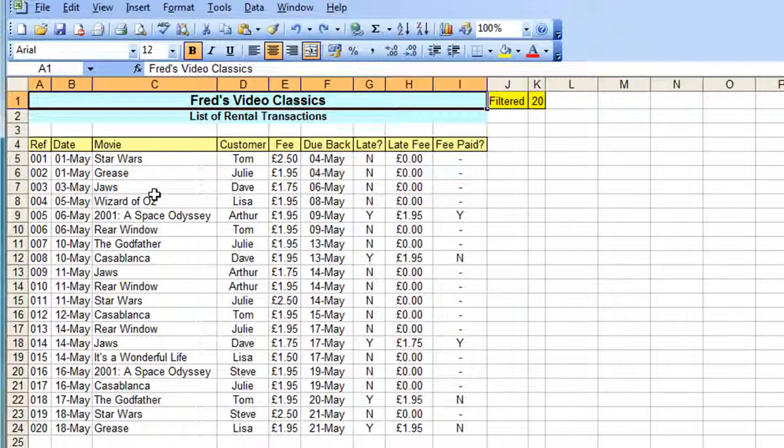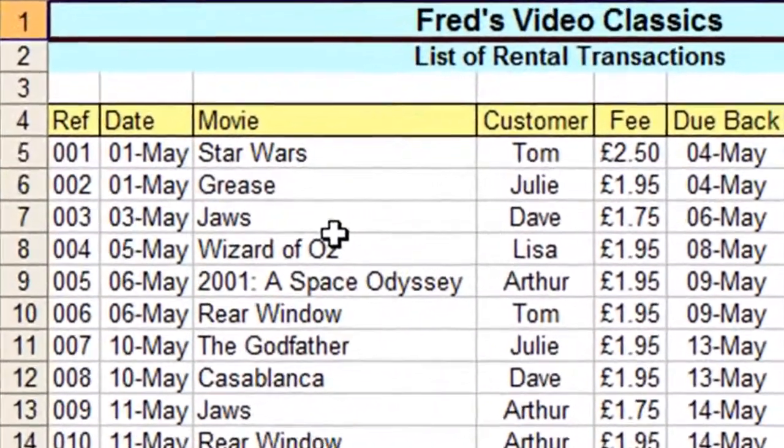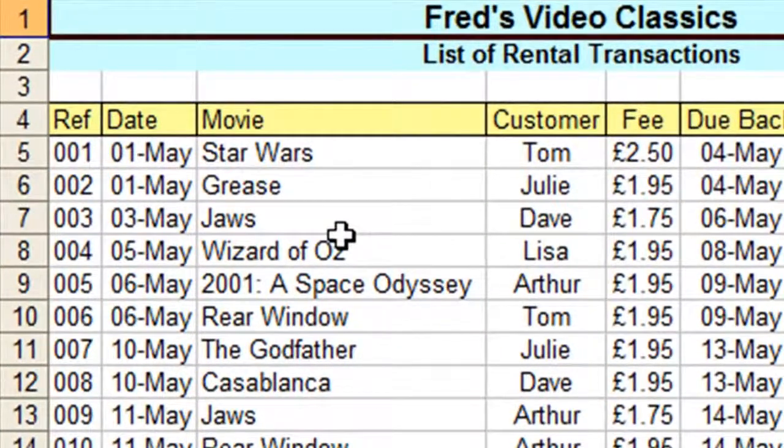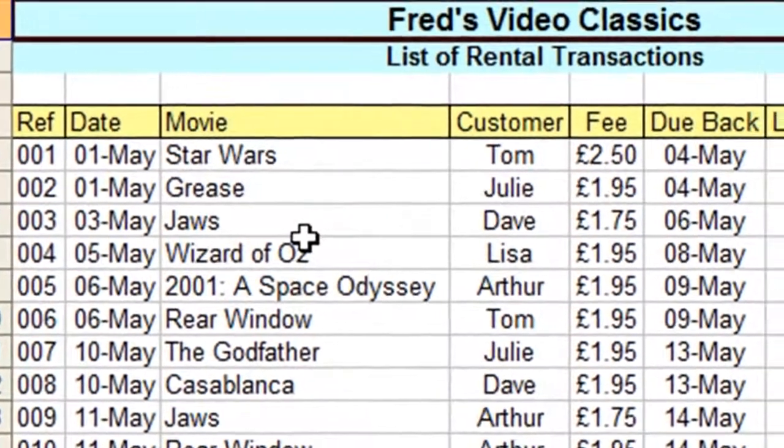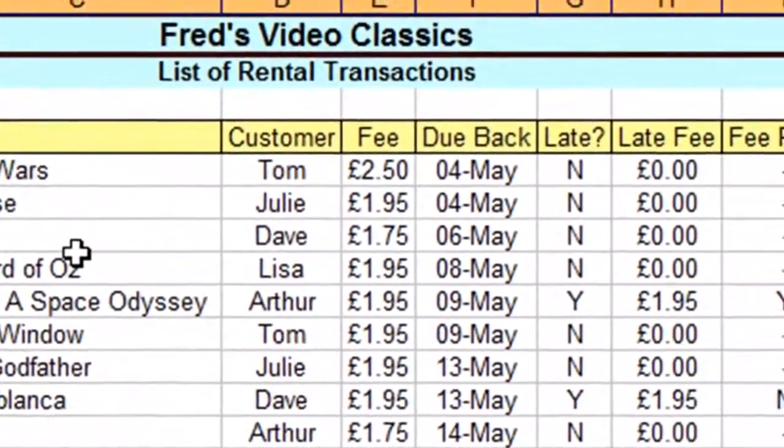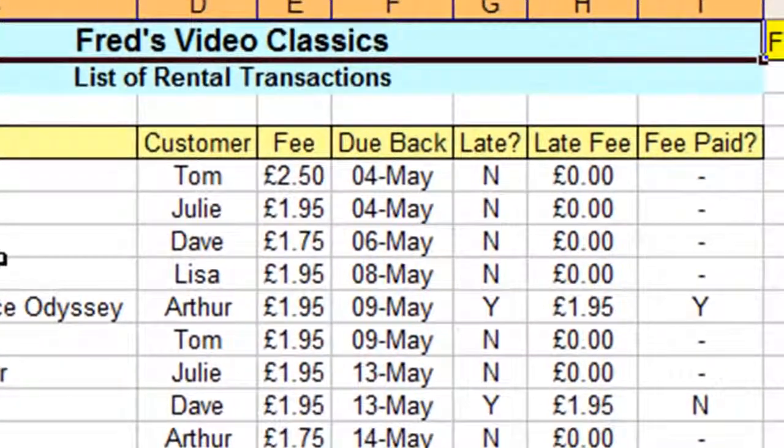One of those areas is the actual thing that's being sold, or in this case rented, which is the movie. So the product needs a table, and we also have customers who are going to buy that product, so the customers might want their own table of information, name, address, etc. And then we also have the thing that connects those two together, which is the actual transaction, the sale or the rental process. So that would involve the date of the transaction, what film was rented, who rented it,